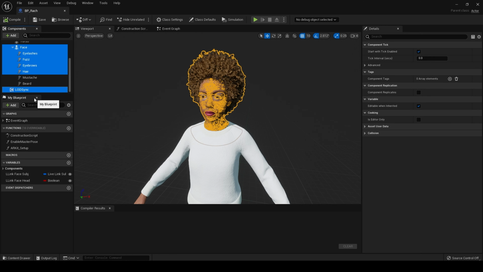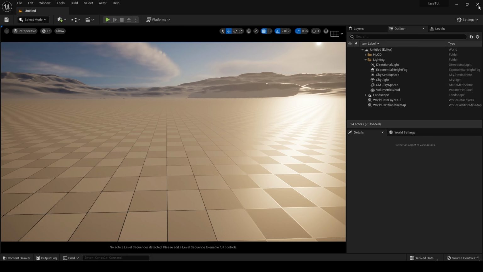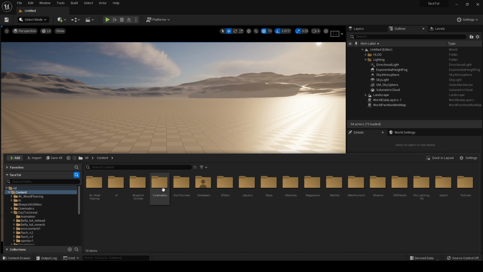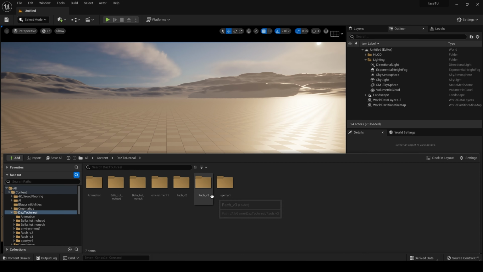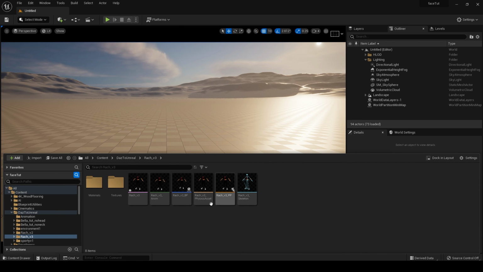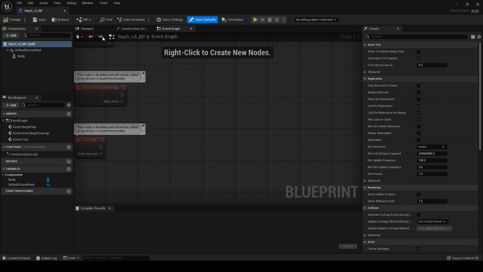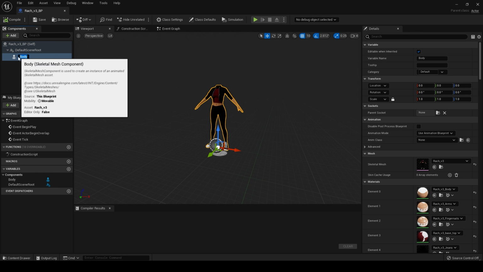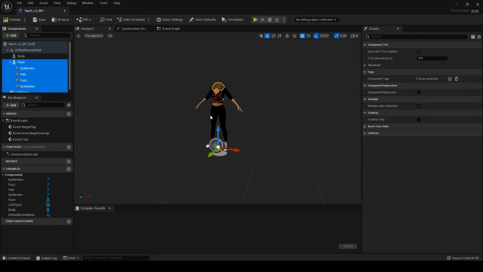Then Control C to copy as normal, and then close this, go back to our Daz character in our Daz to Unreal folder, Rach version 3, and click on that blueprint, and then highlight body by clicking on it, and then Control V to paste, and there we go.